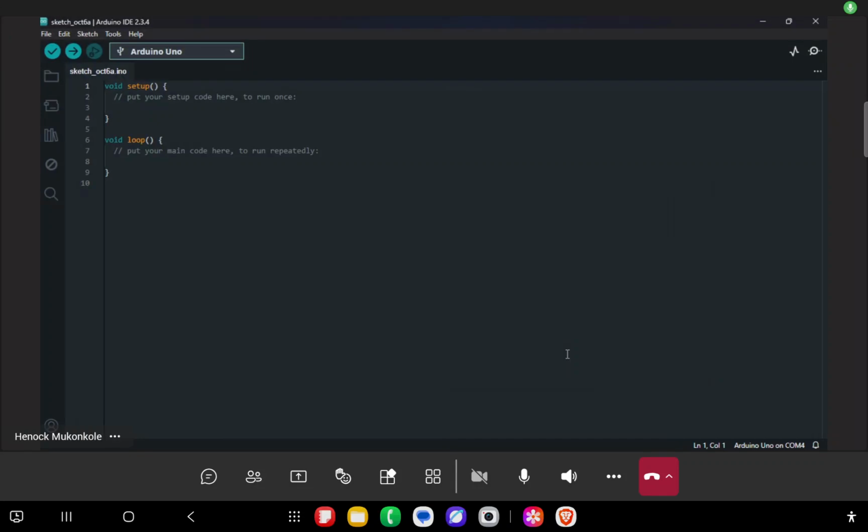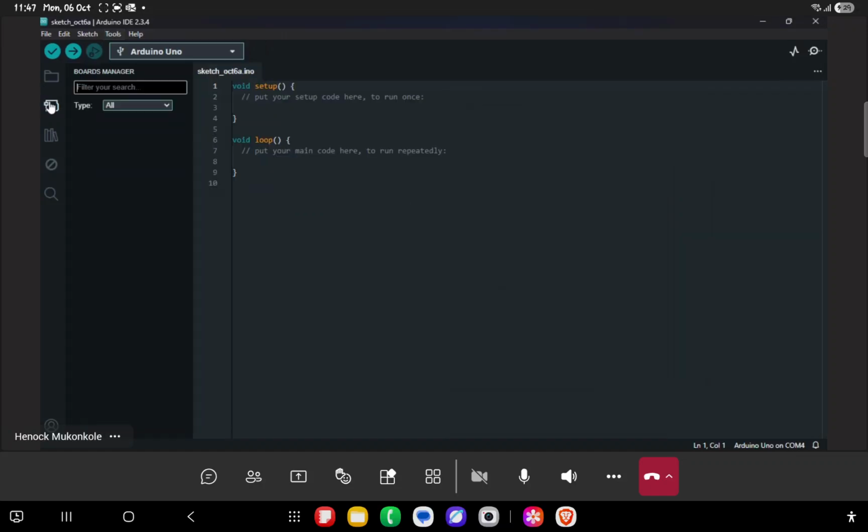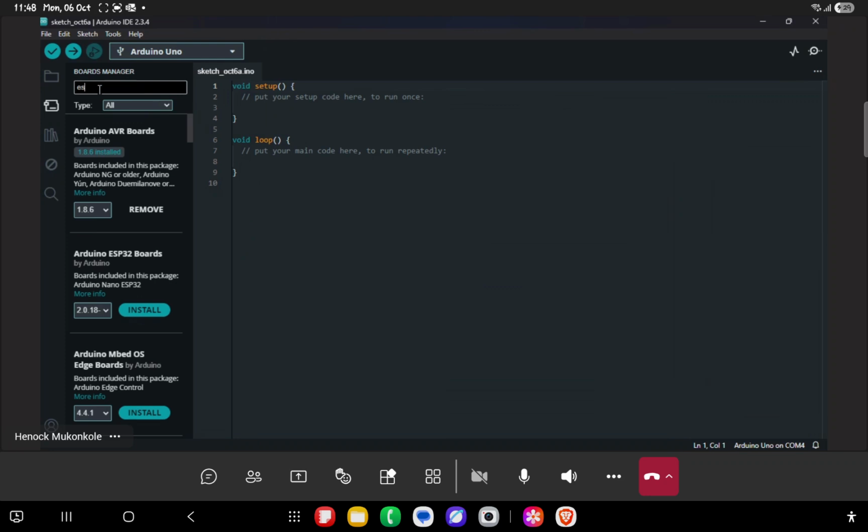Question is, how can I run the ESP32 in the Arduino IDE? First, you need to go to Tools, okay? Alright, you start first with the board manager. You need to download it here, okay? This is the first thing you do. You type ESP32